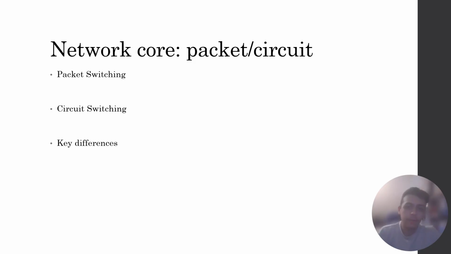Alright, so now we're going to be going on to packets and circuits. Data in the network core can travel in two primary ways, packet switching or circuit switching. These are methods of moving information from one point to another, each optimized for different types of network traffic. With packet switching, data is broken into small units called packets, each traveling independently through the network. This method is efficient and flexible because packets can take different routes to avoid congestion, making it ideal for the internet and most modern